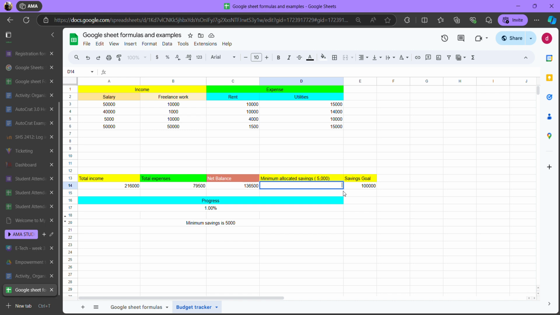we have another condition. So this is three conditions, right? So the next condition is, here on the progress, I want to be able to display a text wherein if the minimum allocated savings that you put here is greater than the net balance, it should display that you do not have enough net balance, right? Because your net balance is your total net income less expense already. So if you put here, let's say 200,000, so